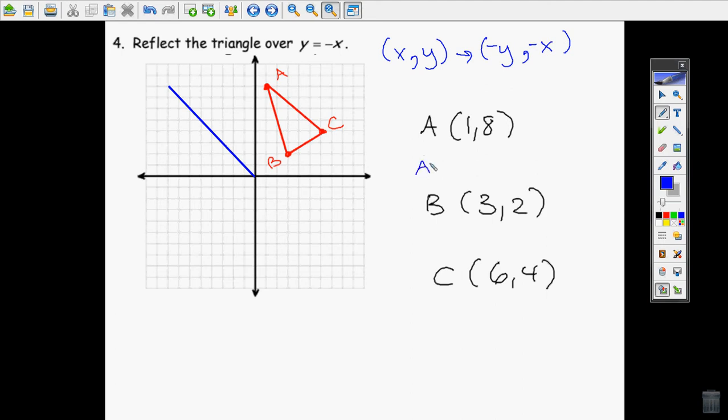And so A prime, I swap my x and my y, and I change their sign. B prime, I swap my x and my y, and I change their sign. C prime, I swap my x and my y, and I change their sign. So -8, -1, B prime, -2, and -3, and C prime,